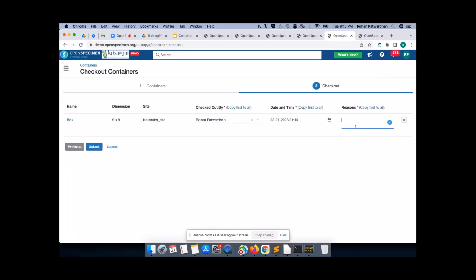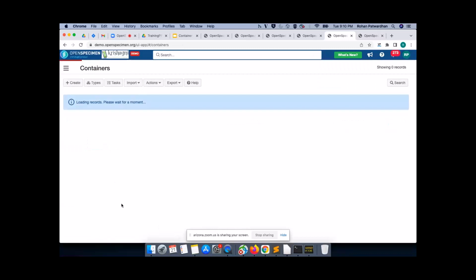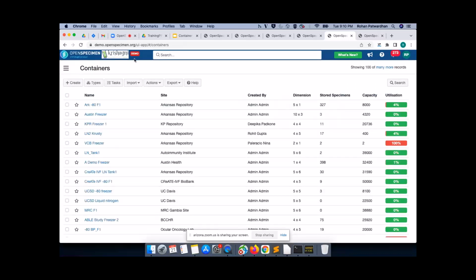I don't know why it is giving this kind of error. I'm sorry, this is a bit embarrassing, but somehow the system is giving some kind of error just now. Some time back when I checked, it was working fine. It must be some kind of upgrade that has happened just recently. But just to give you one simple demo,